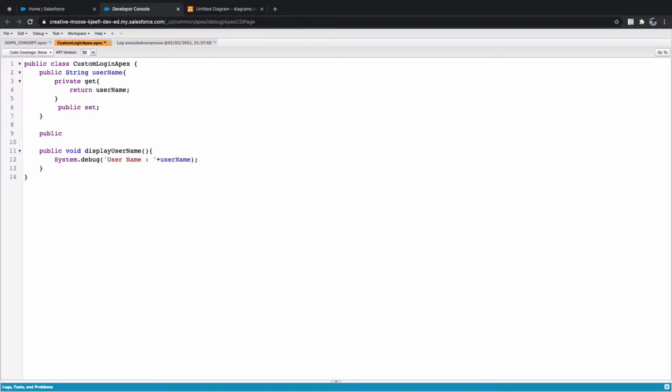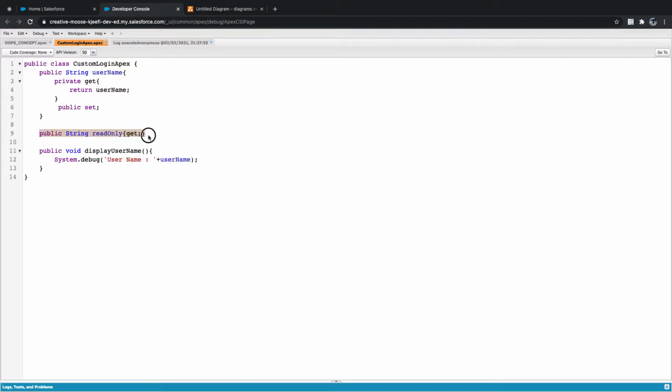If I define public string read only, if I say read only, what will be my properties? What and all properties I need to define? Do I need to define both get and set, or do I need to define only get? Only get. Only get results means it's a read only.